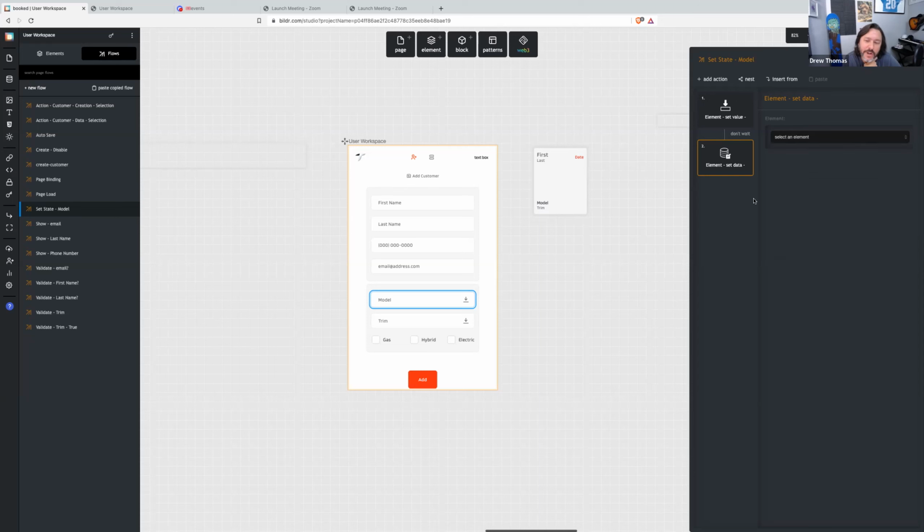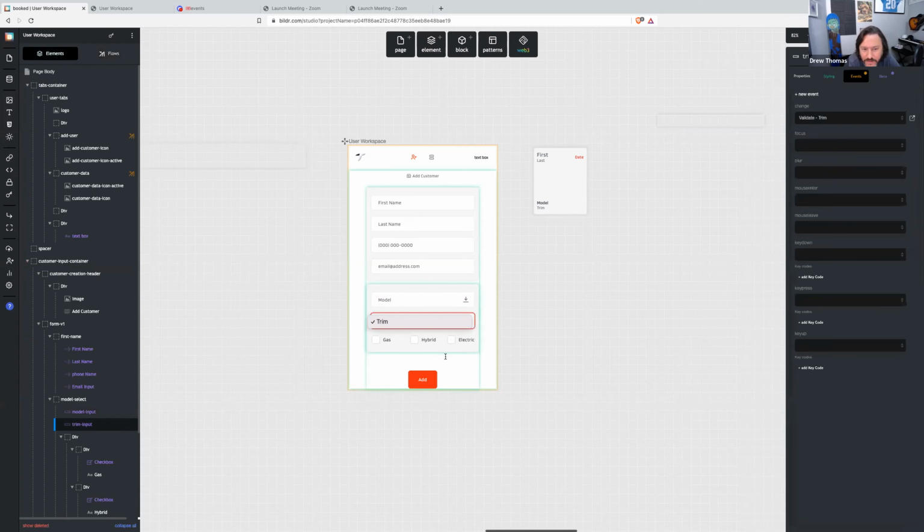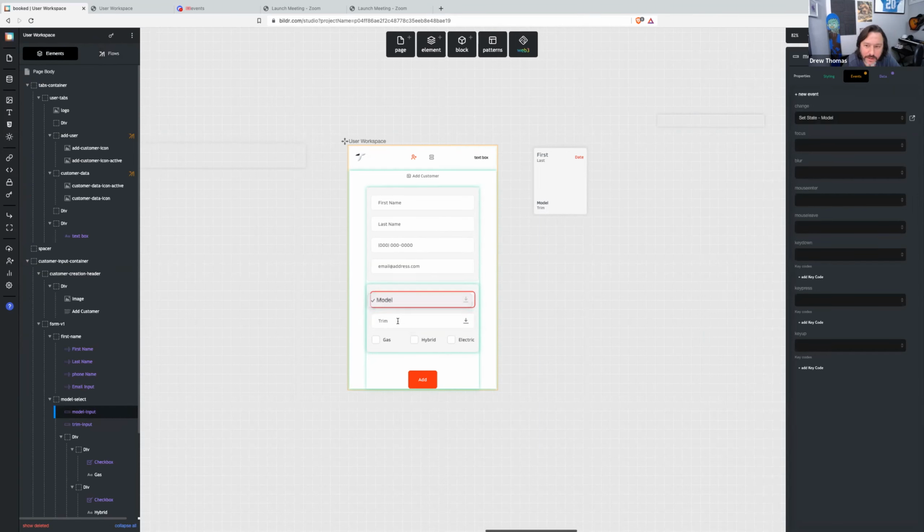Oh, trim input is the dropdown. I'm sorry. So you are correct, except I think you need set data, not set value. Okay, so delete this one. Model input is the dropdown, right? Yes. That's where they'll select the car model. Then as soon as they select that, the trim will populate the correct trim. Okay, trim input. So you want to set data of the trim input when the model's changed, basically. Yes. So if you go back into that set state model,